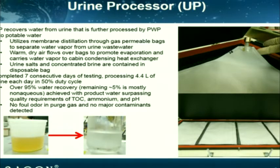And then lastly, I think this is lastly, the urine processor was probably the farthest from having an analog on station. Rather than a distillation process from one vessel to another or using an induced gravity field to separate phases, this system uses a series of membranes, and you put the brine or the urine inside a membrane bag and essentially dry it out with warm air. You can refill the bag multiple times if you don't get it too dry, and then have all the water removed simply by putting that water vapor back into the airstream where it would be collected on a condensing heat exchanger. We're also interested in this for stabilizing waste, for getting water out of trash,